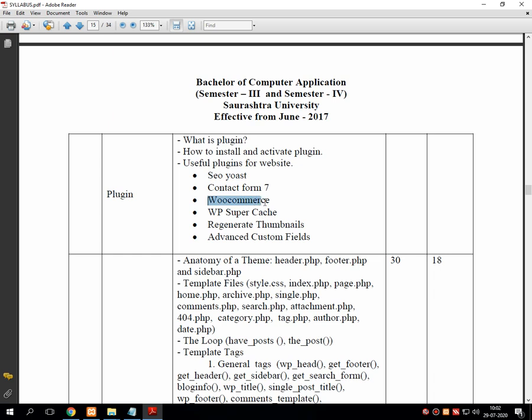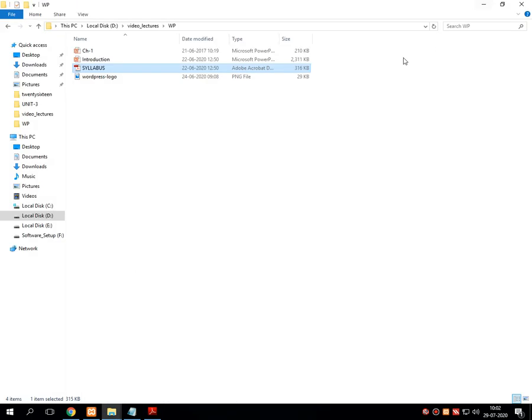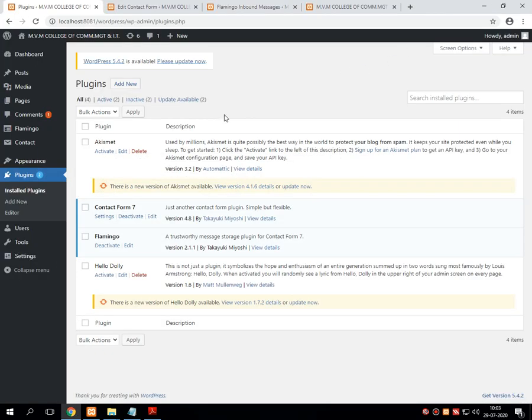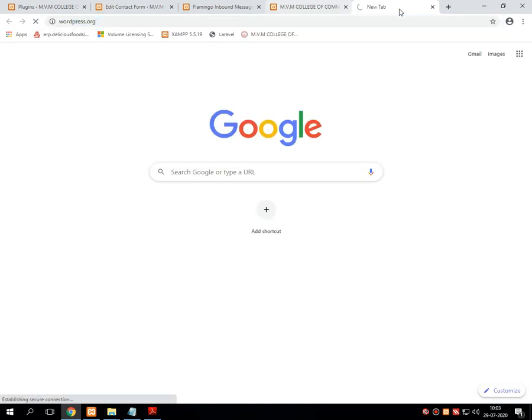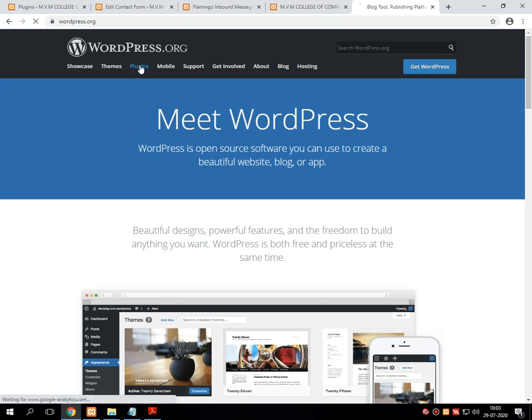Now we will go for WooCommerce. It's a very important, interesting and very useful plugin in WordPress, and right now it is a hot favorite in the market as well. So for that, what do we have to do? Obviously, again we have to visit the website wordpress.org. Then we have to go to plugins.